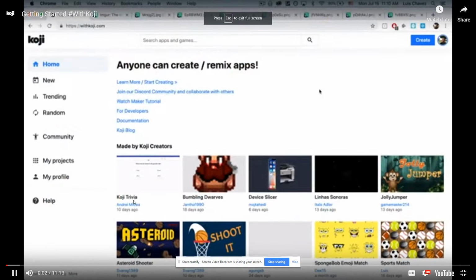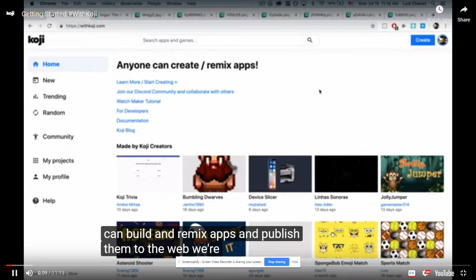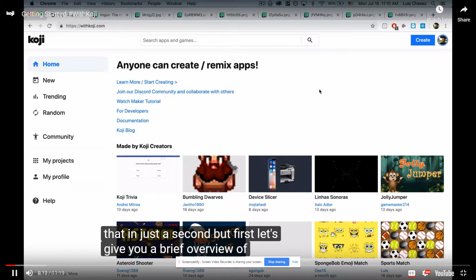Hey there, welcome to Koji. You're probably here because you want to know how you can build and remix apps and publish them to the web in 11 minutes. We're going to be doing that in just a second, but first, let's give you a brief overview of the